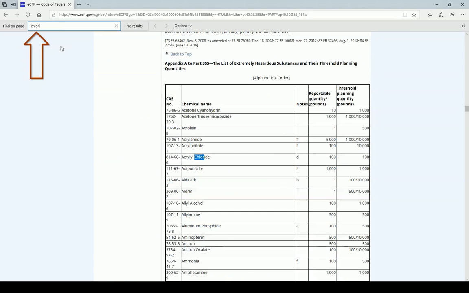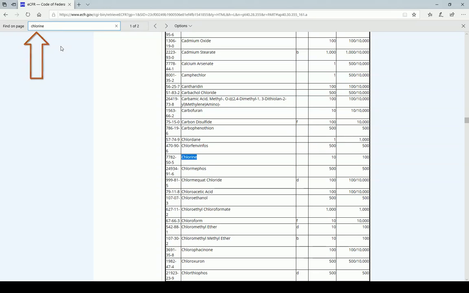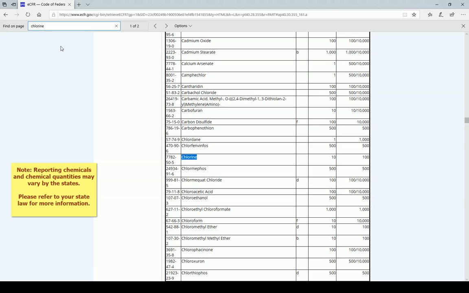you see your chemical. Reporting quantities and planning thresholds appear on the right side of the window at the scroll